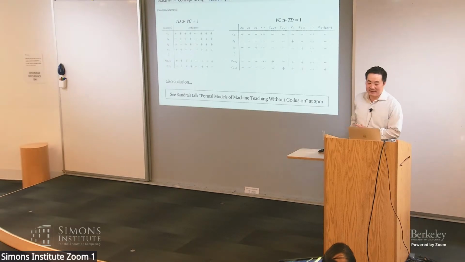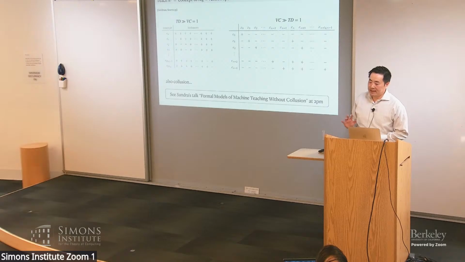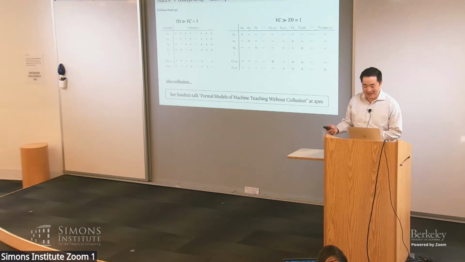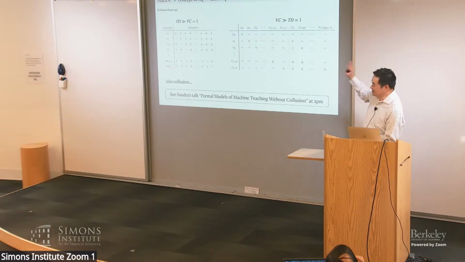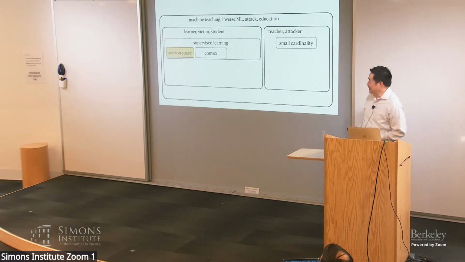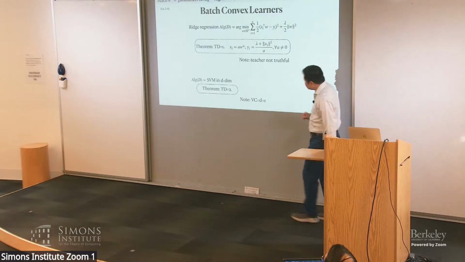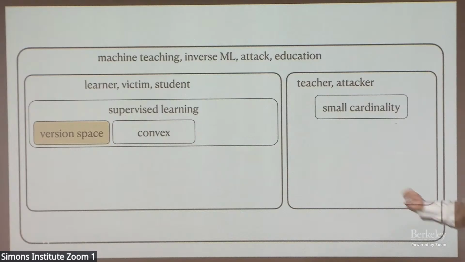But the rest I think I can go quickly, because the remaining things get more specific into specialized machine learning settings. So I can go through the remaining at a much faster pace. But I do want people to see the connection so far, because I think it's really cool. All right, so that's what we just did: the version space learner. But let me go back to the convex learner.